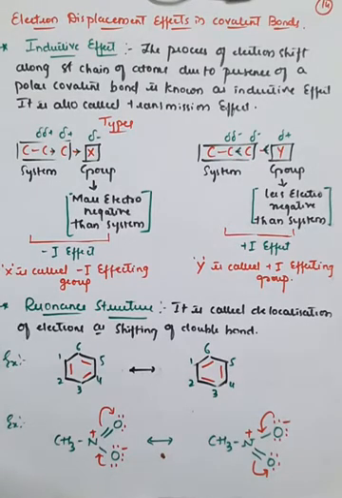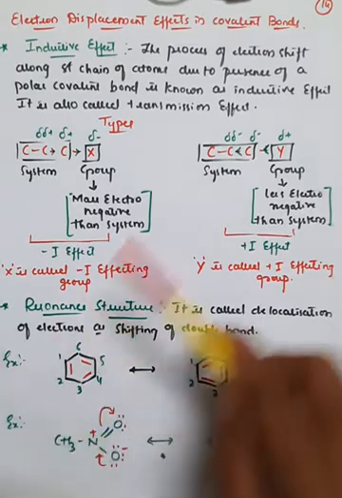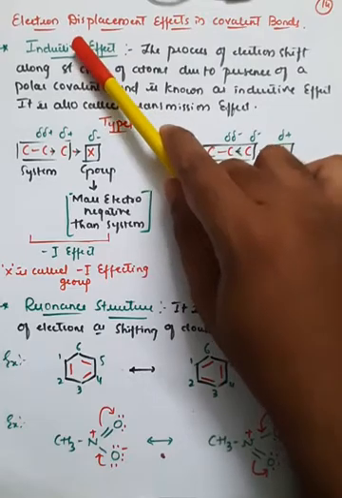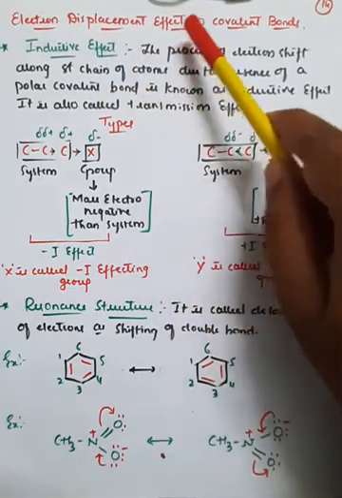And along with that, we have also seen the shifting of electrons from one bond to another bond, that is pi electrons, or from a bond to an atom, or from an atom to a bond. That also we have completed. And further, the most important part from organic chemistry, right? So what we discuss in today's class is electron displacement effect in the covalent bond. Right? So the heading I have written here: electron displacement effect in covalent bond.